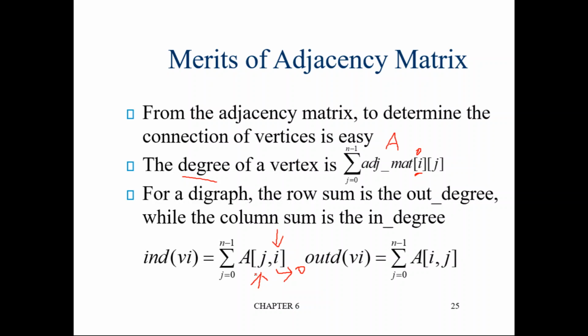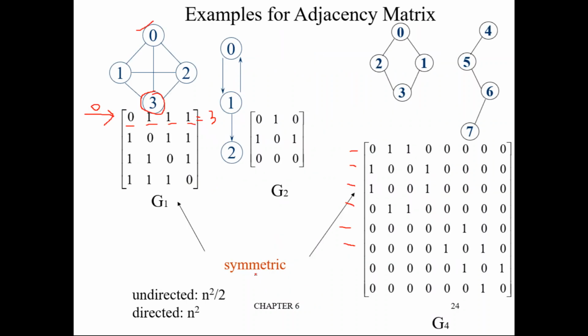So this is how we calculate the in degree. For example, if you want to calculate the in degree of this node in this directed graph, how many in degrees does it have? It has only one in degree, which is just coming towards it. The in degree represents the number of incoming edges. It has two outgoing edges and one incoming edge. So this is which node? This is node 1.